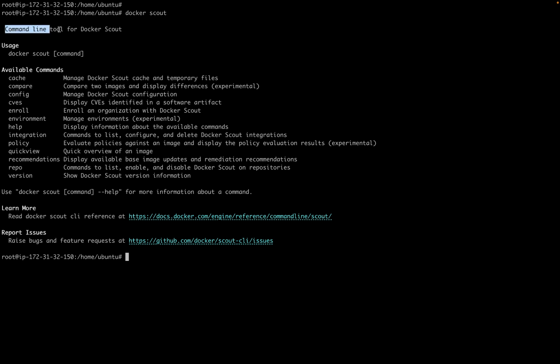This is a command line tool for Docker Scout, and cache, these are the available commands. We use this one, which gives the complete vulnerability output, and this one gives the quick view, a simple output of how many vulnerabilities there are and everything. And this command will give the recommendations. We use these three commands mainly. That's why we are going to use this one. Clear the screen